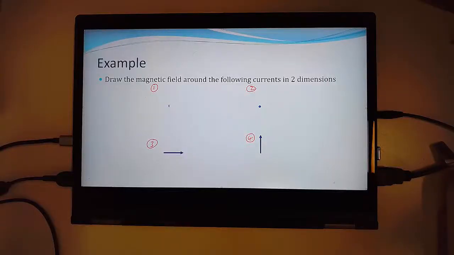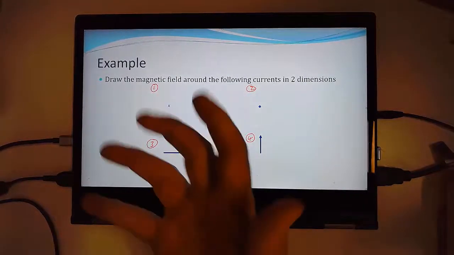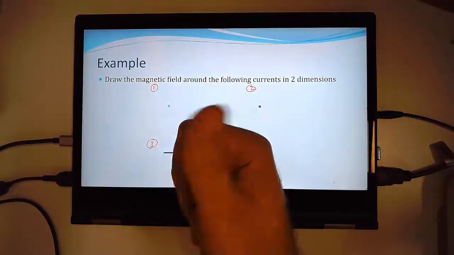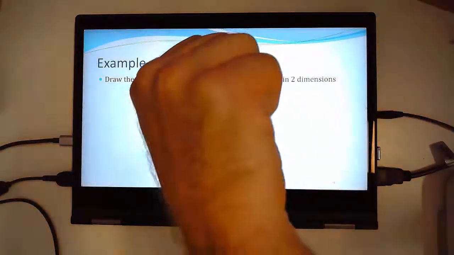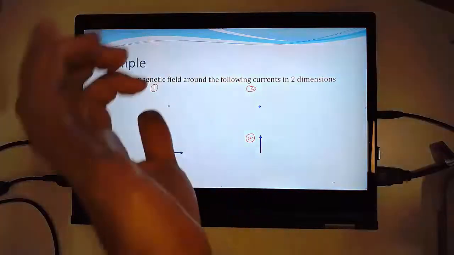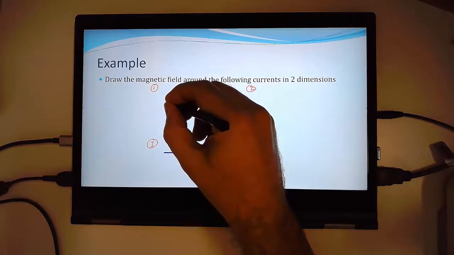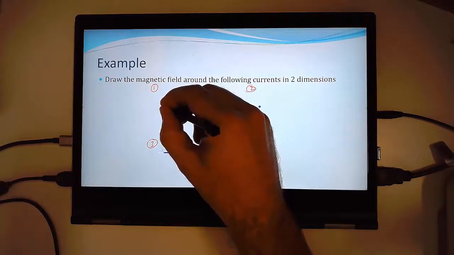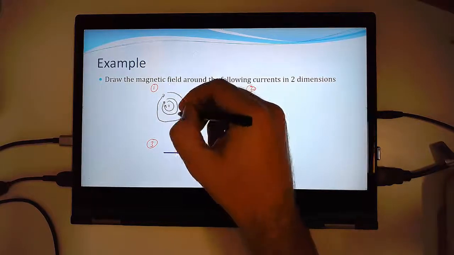Okay, so now we're outside of the computer, we can do these problems. With this first one, it's going into the page. So if this was your hand and you have your thumb, which represents the flow of charge or the current, it's going down into the page. So your fingers are going to be wrapping around clockwise. So you would draw your field going around clockwise. Now, I'm also demonstrating through the distance between the lines that the amount of magnetic field decreases as you get